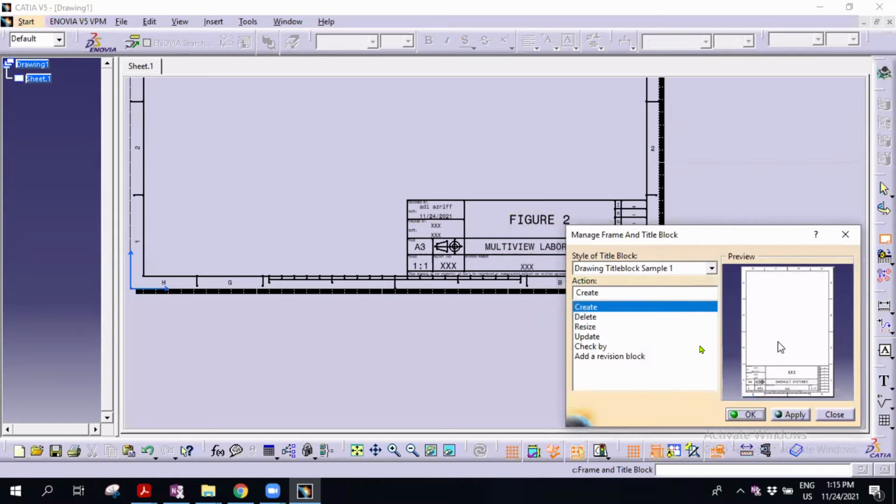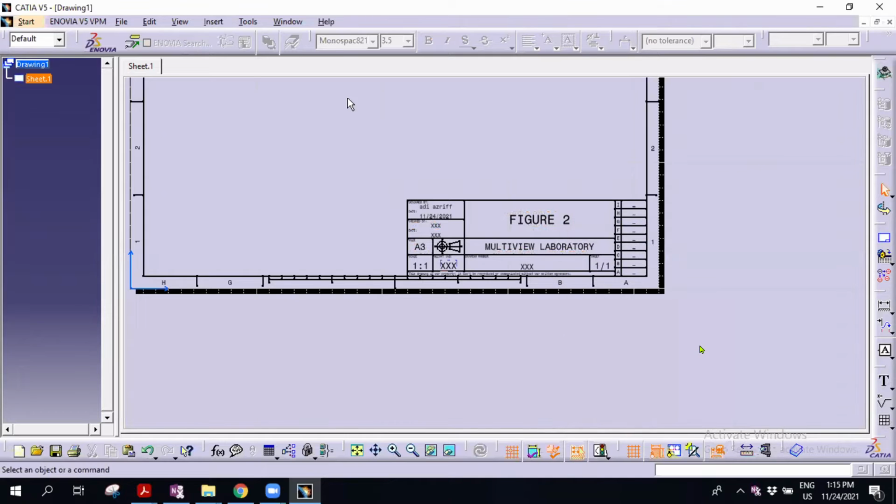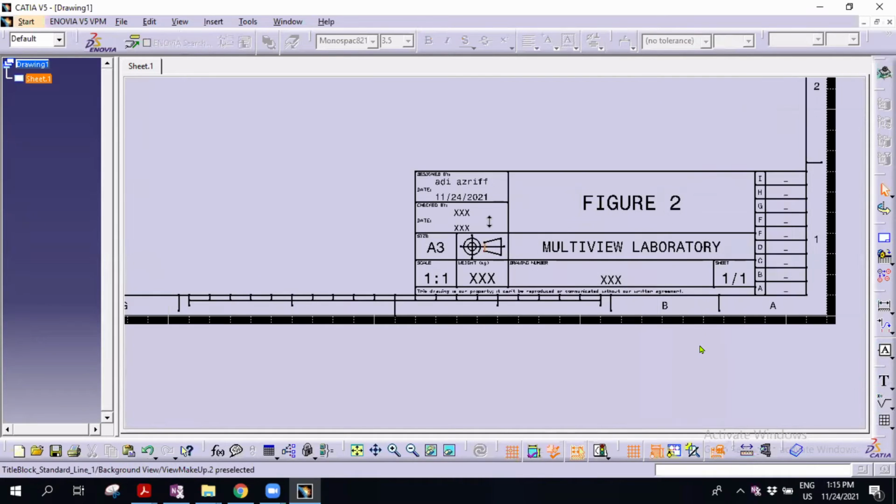The title block just now. Okay, can you see? I redo it. Okay, now it becomes third angle projection, right?